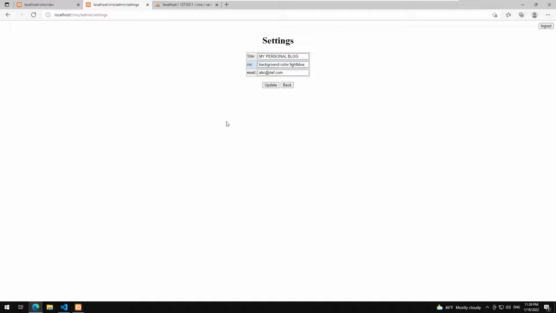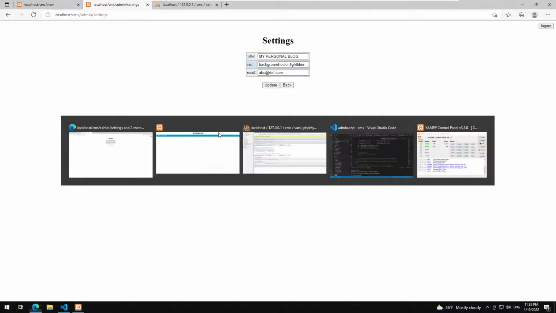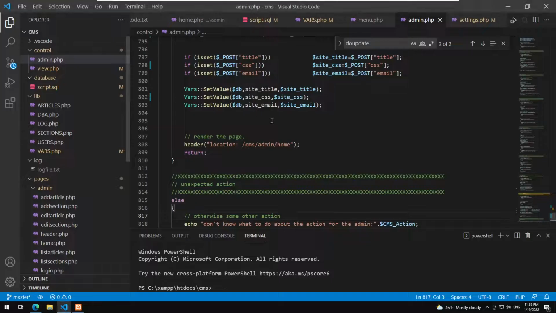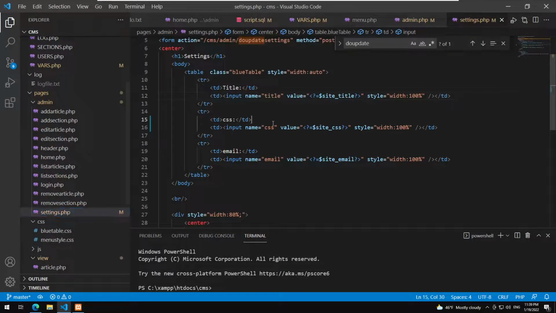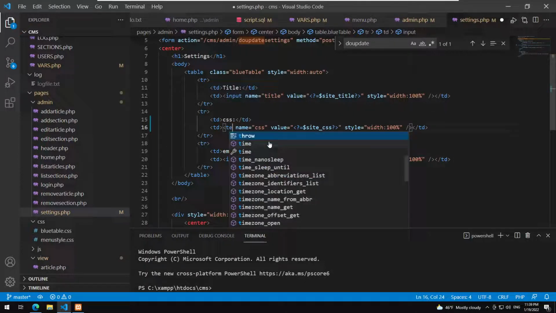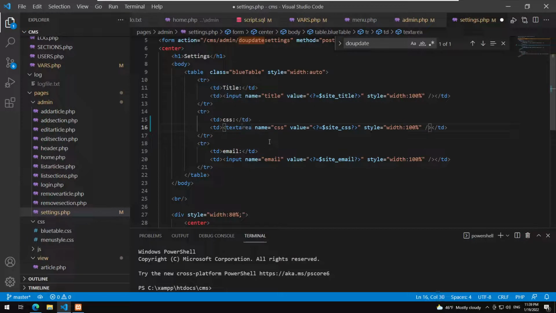So I need to change this to be a text area so that we have a big text box. So let's go to the administrator, and where is the page for rendering the settings? It's this one. And instead of this, instead of CSS, instead of input, it will be text area. There you go. It has a name certainly,